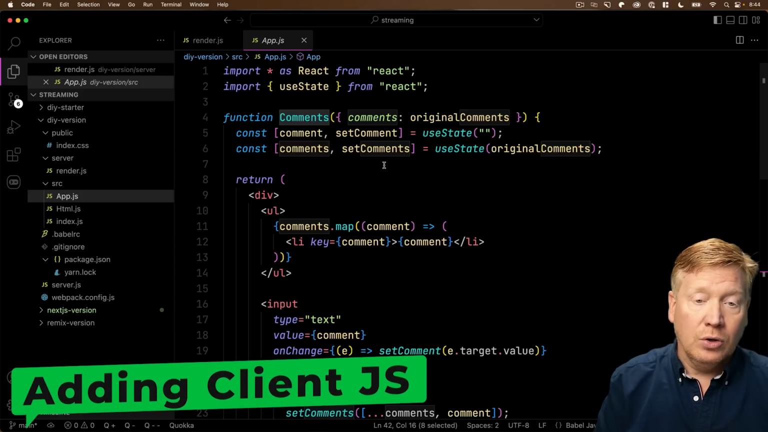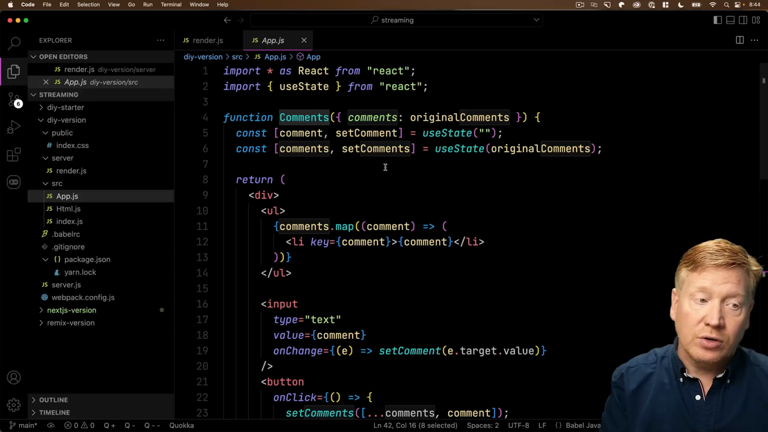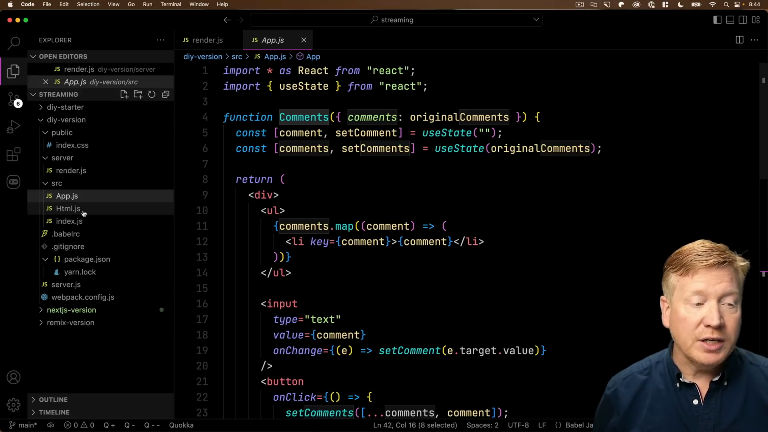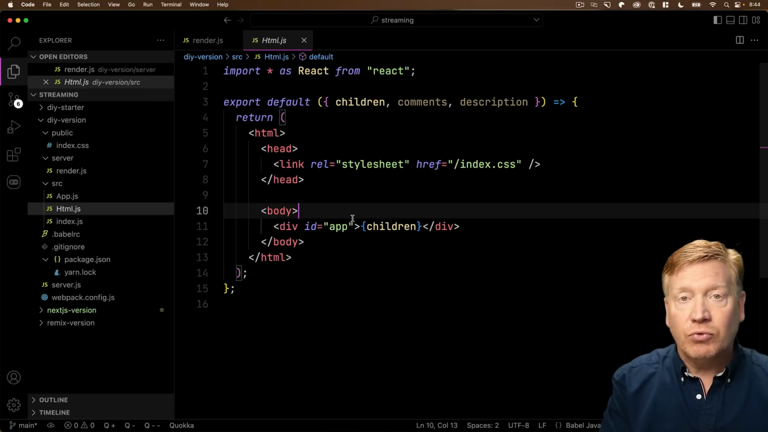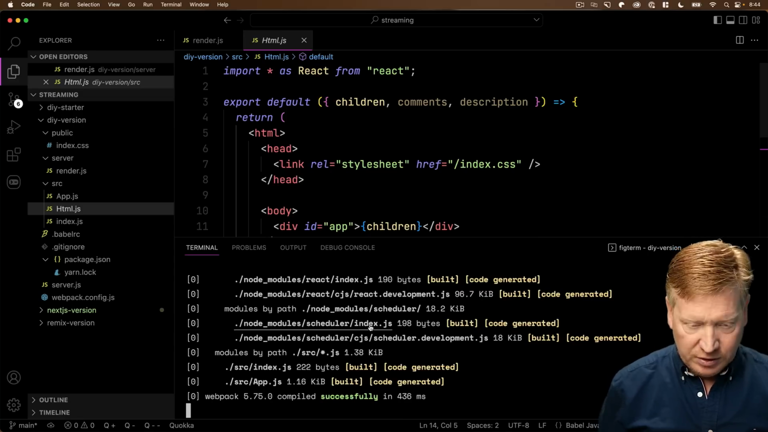Problem though, we're not actually getting the client-side functionality. The initial render works just fine. So why aren't we getting any client-side functionality? Well, we're not getting any client-side functionality because we never actually have a script that brings in the bundle that we've created. And the bundle that we created, let's go take a look,